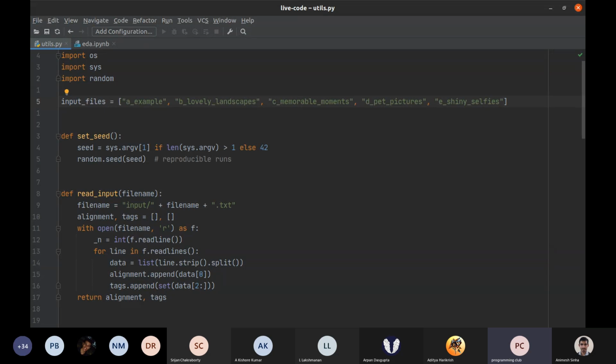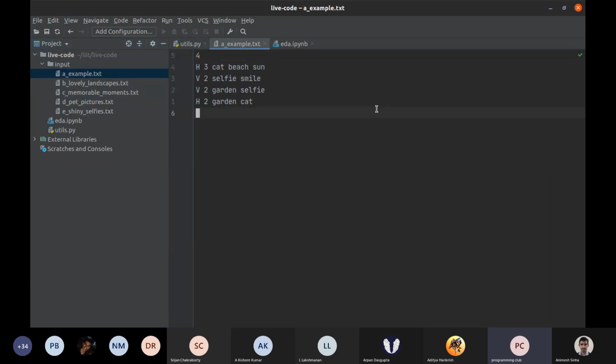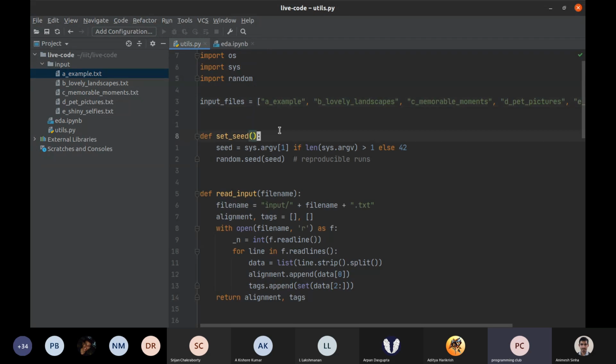These will be shown on your dashboard. So you will have a dashboard on your screen and it will show you these 5 names. You can download them. I already have them downloaded here. So you can see I can even load it. You can see this is the file that was being shown by Animesh on the PDF. You have 4, which is the number of photos. You have H. It is a horizontal photo with 3 tags, cat, beach and sun, and so on. So they give you a text file and they want a text file back.